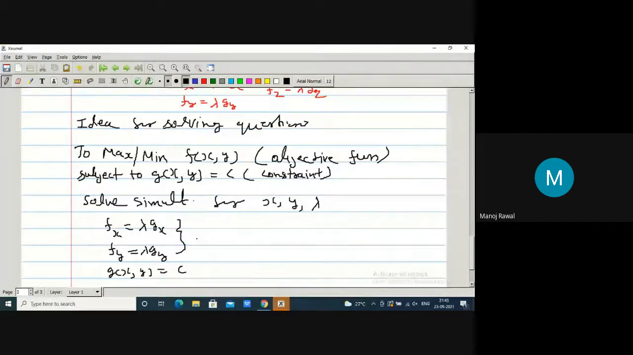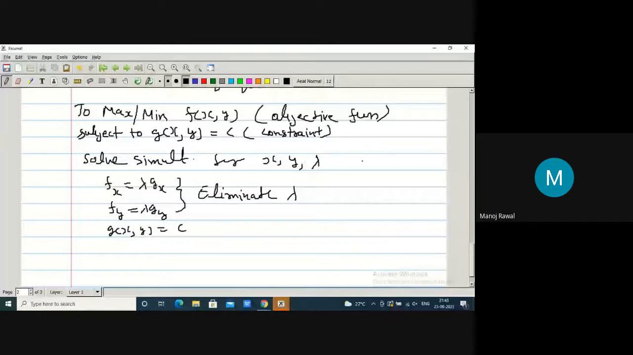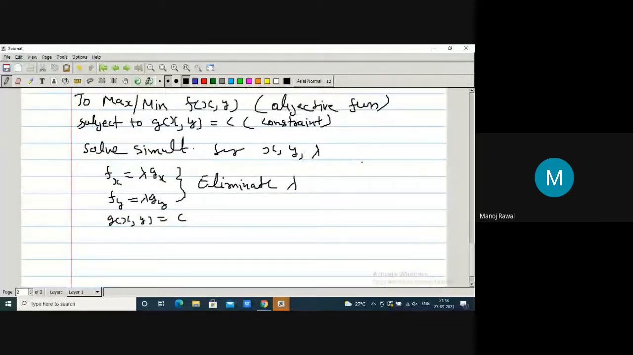So from here try to eliminate lambda. Try to eliminate lambda from the following two equations mainly. Okay, so that can be done. And at the end we have to solve in terms of x, y and lambda. Okay, so now he is saying